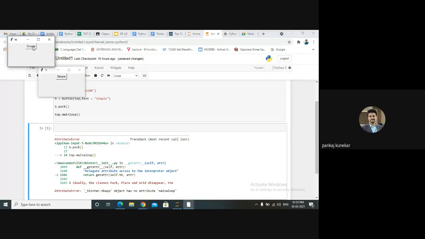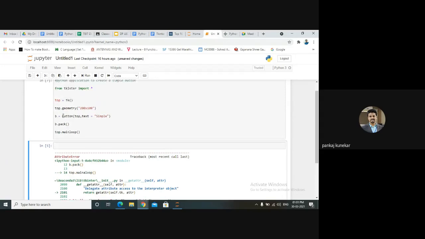Okay, so this is the simple button we are getting. We can create a button using the button widget. This is kind of a function, and it has some options. You can get an option over here for where you want to display it: top, bottom, left, right, and what text you want. So text equal to, you can put any text over here. For the window, if you want a basic geometry, we can just use the geometry function, so I can change this as per our convenience.